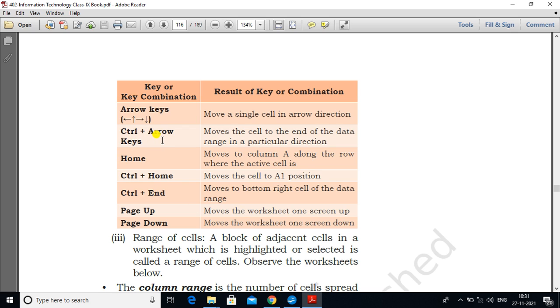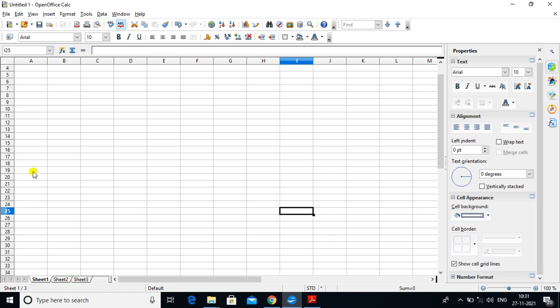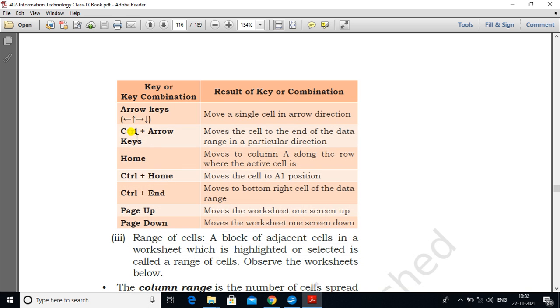Also, control plus arrow key moves the cursor to the end of the data range. Okay. If I have some data here, and this is the last cell of that table, and I am here and I have to go to the last cell of the data, then you just have to press the control key and the arrow keys.